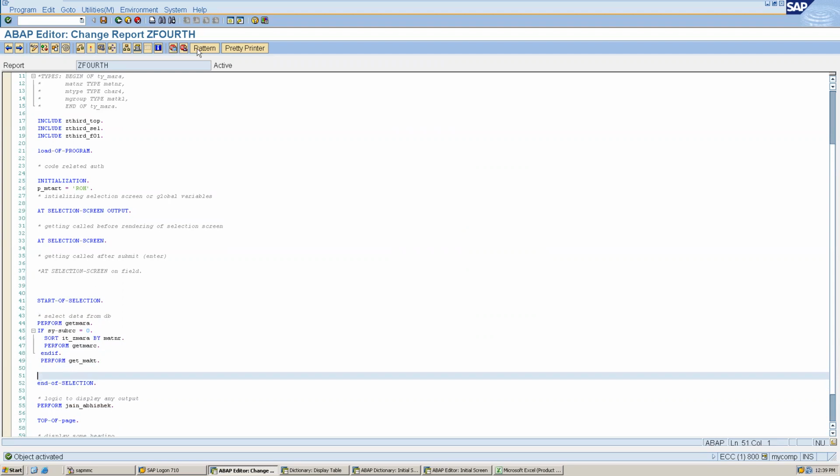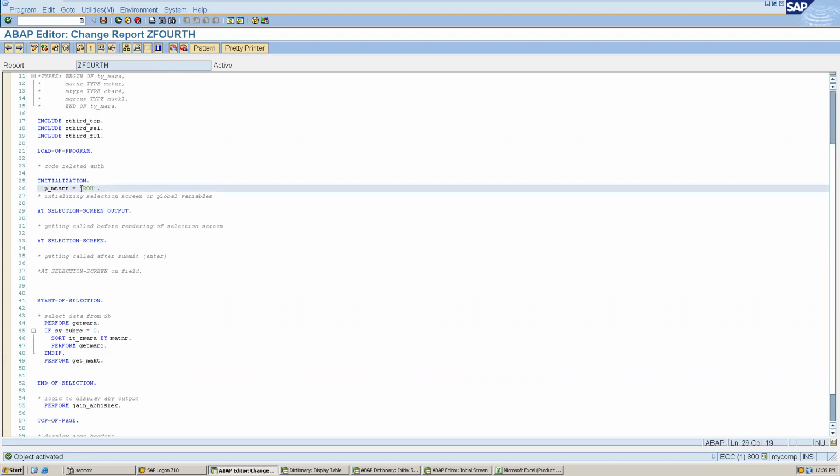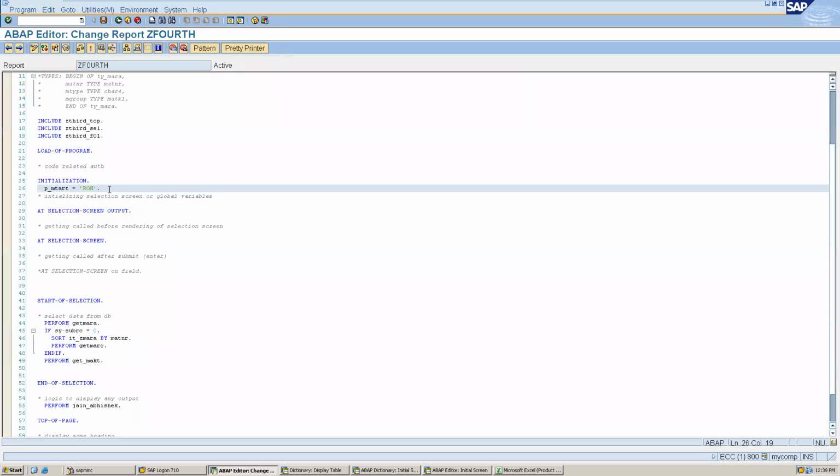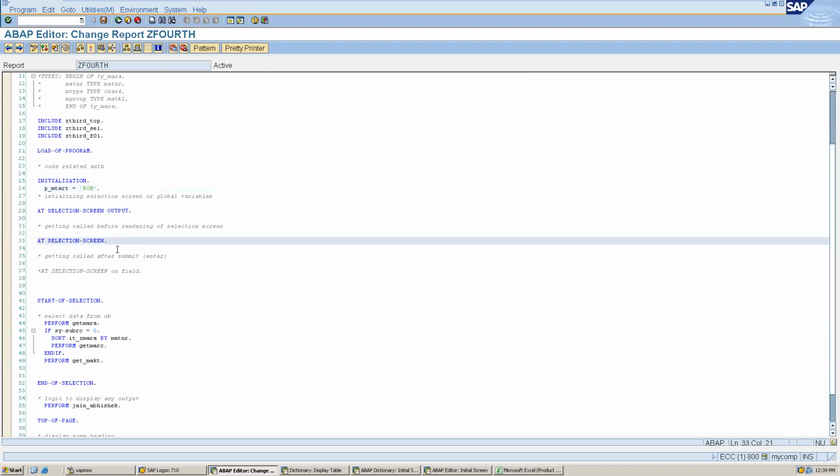Okay, let's do pretty printer. So this initialization event will be used to initialize the global parameter or any selection screen parameter. When we execute this, it is putting this. So whatever we want, we can put here. And the at selection screen event is used to validate the data.